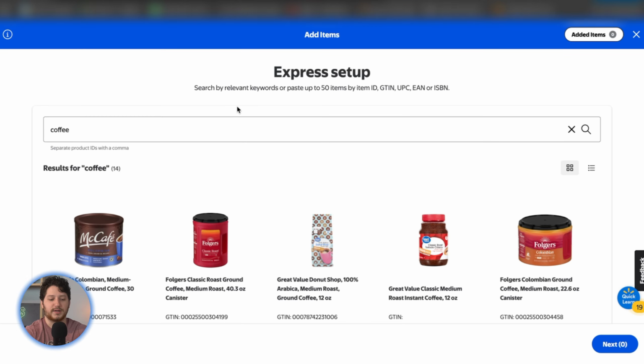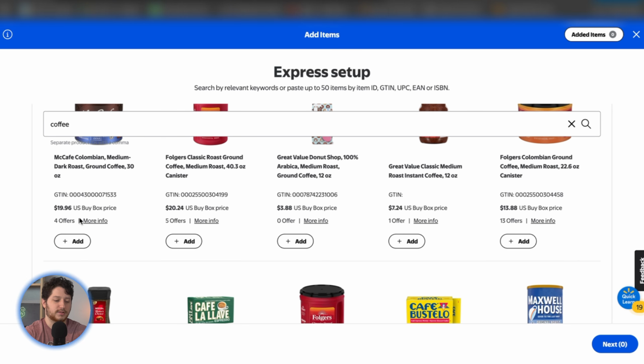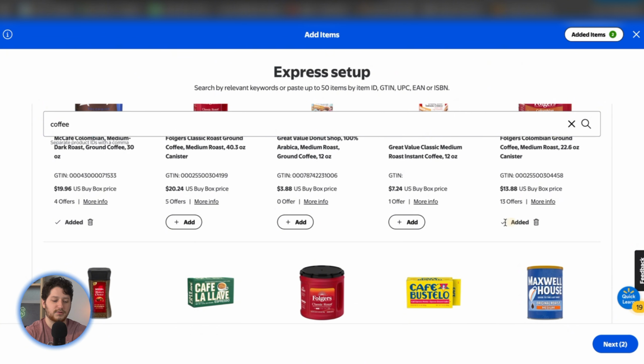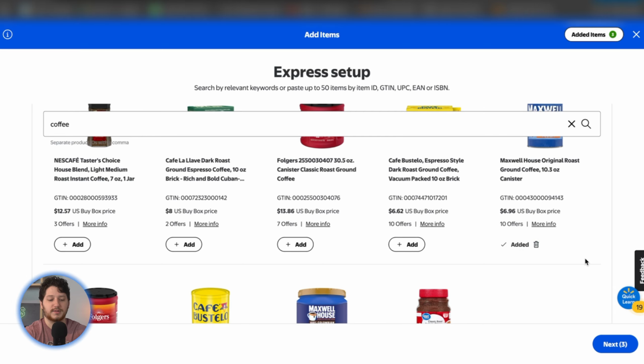Going back to the Express setup, so here you'll see that I can again list up to 50. Now let's go back and let's choose a different set of items. So here I'm going to choose this McCafe item, here we have this other Folgers item, and then let's choose this Maxwell. So we have 3 items now, and you'll see that I can again choose up to 50, but let's start